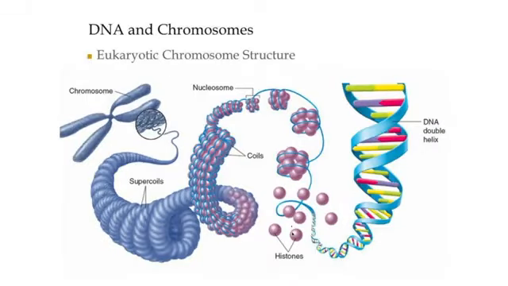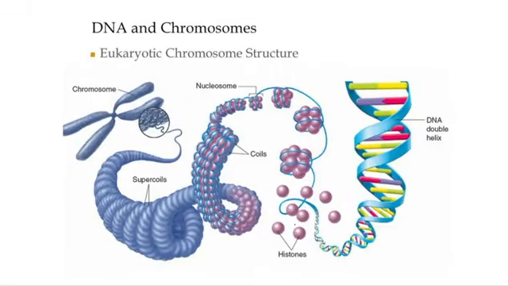There is that classic picture of a chromosome, this X-shaped structure. It's threaded very closely, supercoiled on top of each other. You can see the DNA is woven in between these little spherical proteins called histones, and we'll talk about those more in the genetics lecture. And then as the DNA is unwound, we get that double helix formation. And then here we have our nitrogenous bases that are paired.